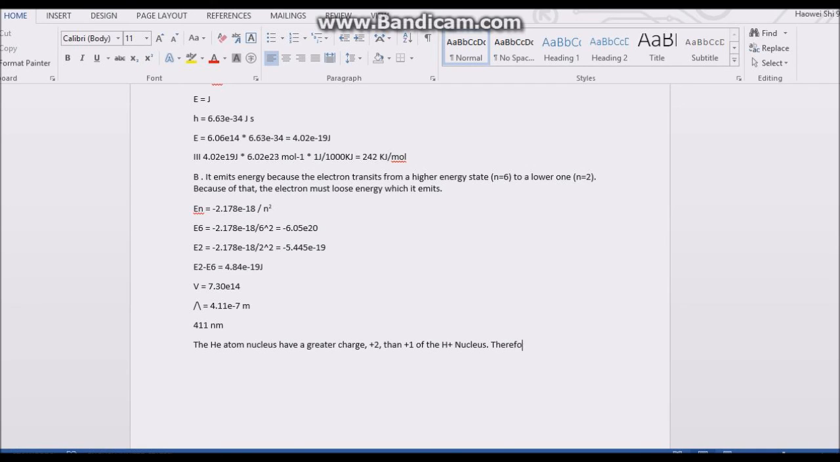Therefore, He exerts a greater force which increases. Bandicam is about to run out. Alright, back to the question. Sorry about the interruption. So therefore He exerts a greater force on the electrons, which results in a